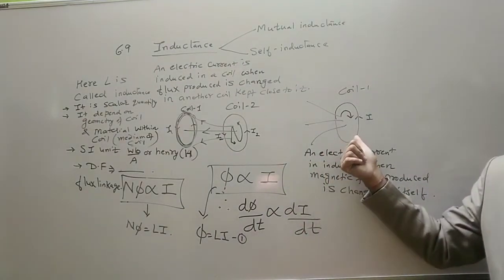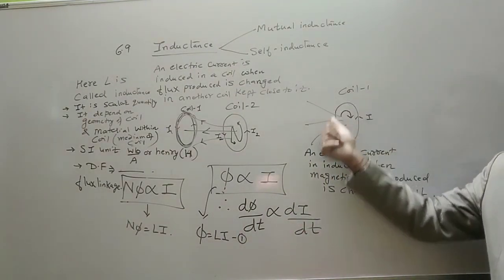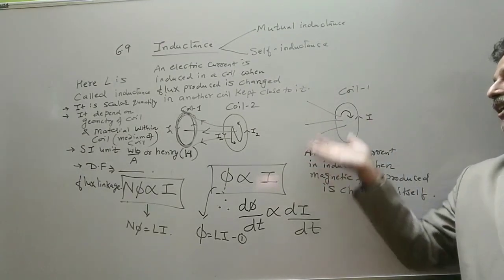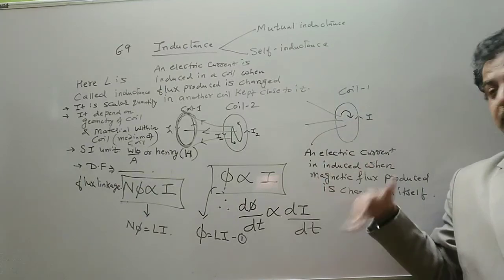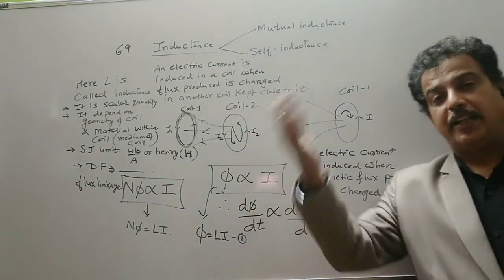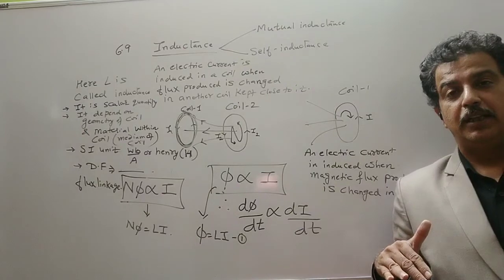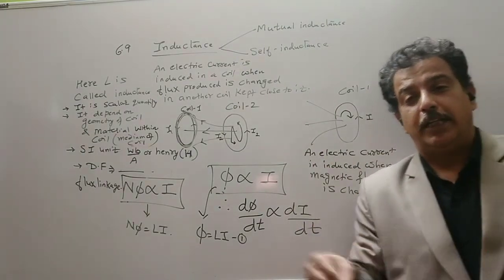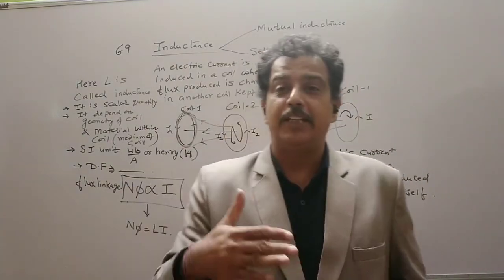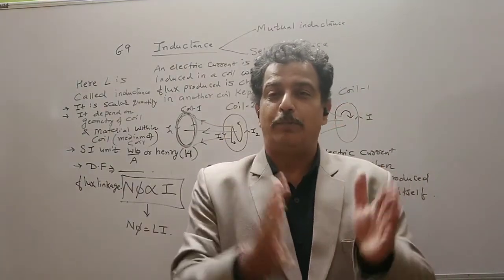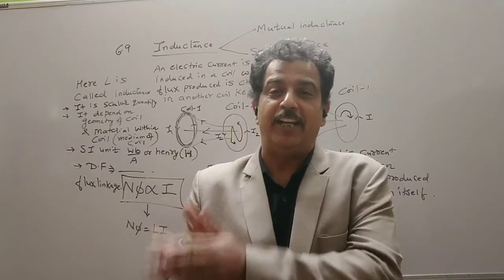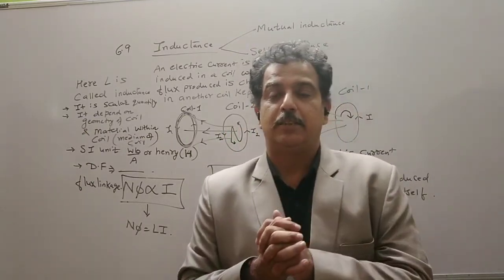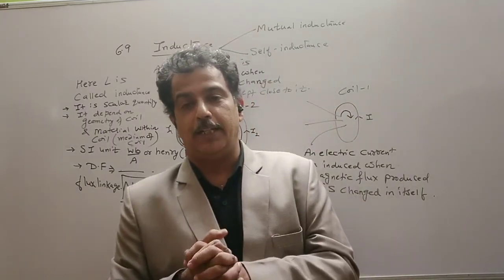And if we have a single coil, if I change a current, the flux will increase or decrease. This change in flux is linked with the coil itself. As a result, the EMF will be induced in the coil itself in such a way that it opposes the change. So that property will be called self-induction or self-inductance. And if there is a system of two coils, we call it mutual inductance.